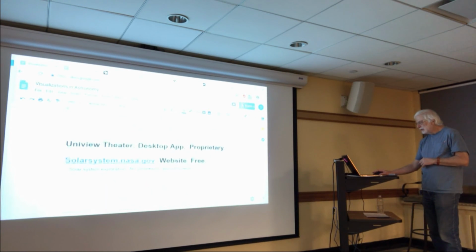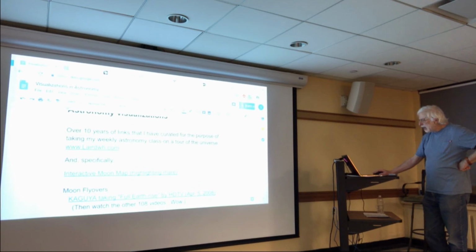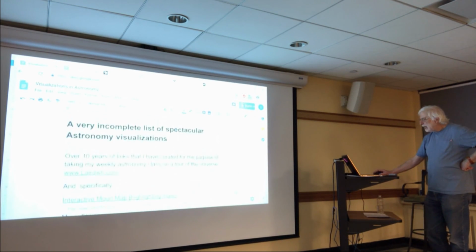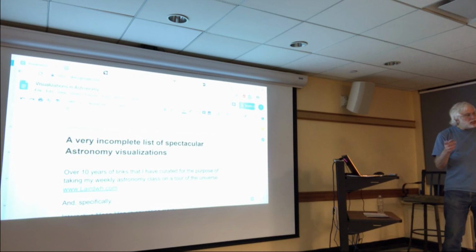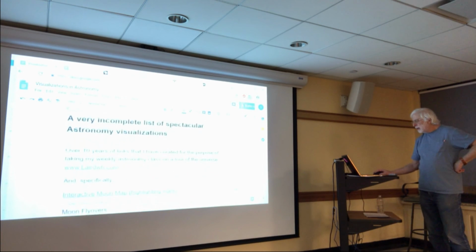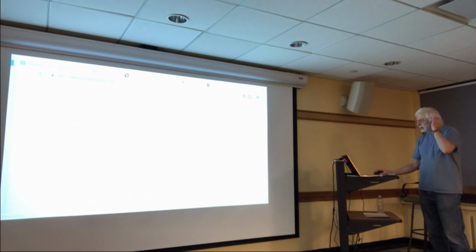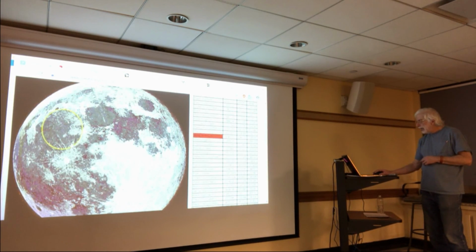Solar system. Okay, and then, oh, here's something. Okay, so then I have a very incomplete list of spectacular astronomy visualizations. These are just things that I randomly threw in at the bottom here. But this one's very useful because as a person who knows nothing about what I see when I look up, when I click on this, it tells me it's Copernicus. See? And I click on this, and I got a name, and this I got a name, and this I got a name. So instead of running around